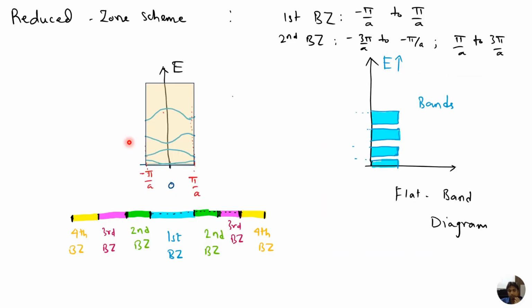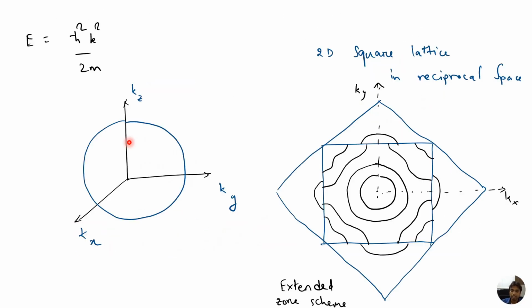Now in 2 dimensions, what we have is E equal to h bar square k square by 2m, where k square is kx square plus ky square, which is like n pi over l. The k spacings are really very small. These k's are actually discrete, but they are very closely spaced, even in 2 dimensions. So if the number of free electrons is less, then